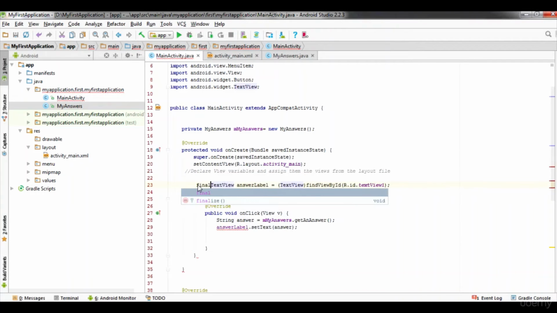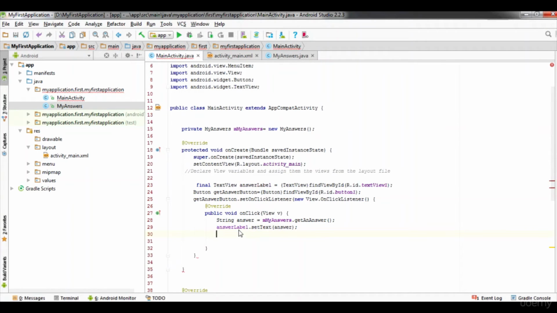So what does final do? Basically, the final keyword means our answer level variable cannot be reassigned. This is important because the onClick method must refer to the same view as long as it exists. It cannot be reassigned to some other view. We cannot update it to a text view by assigning it to another text level variable. So now we can see our answer level has been added.